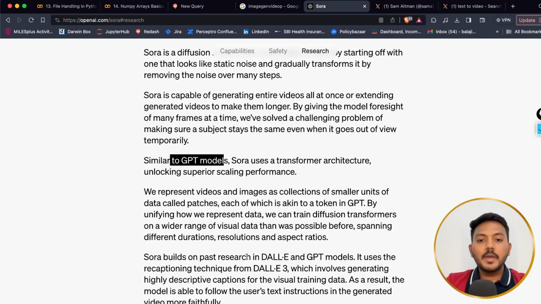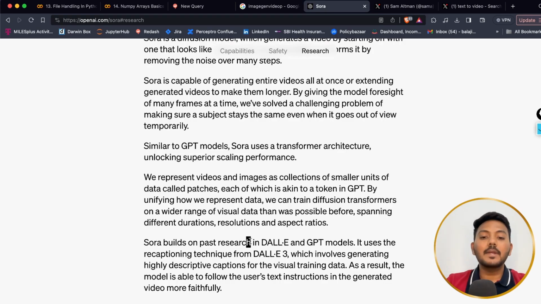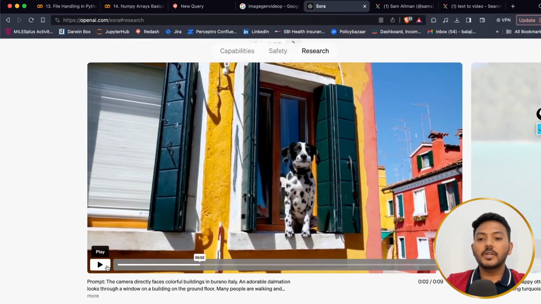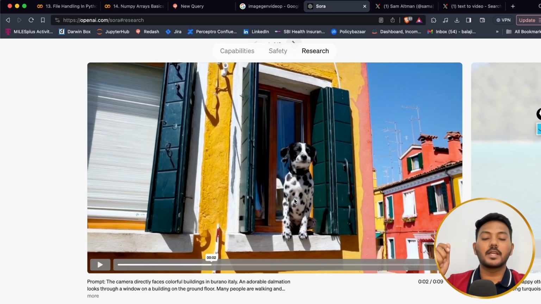How a video is made, it's based on multiple images, right? If you pause this video here, this is one still image, and if you play and pause it, this is another still image. So if you generate 30 images per second, and if you add everything together, that will be a video, 30 frames per second.